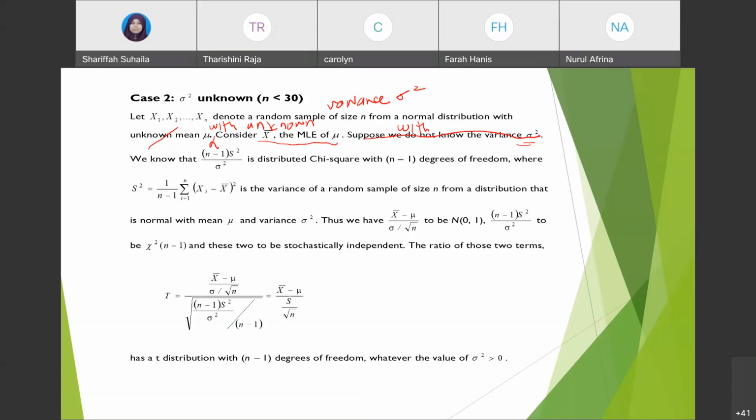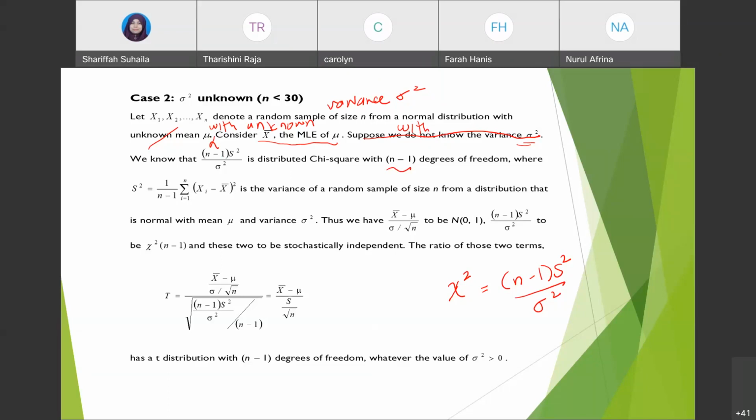Okay. Kalau kamu refer pada kamu punya stats table, okay, stats table yang terbaru lah ya, kita ada list of formula. So chi-square is the same thing if you write n minus 1 s square over sigma square. Okay. Nanti dah baca ya, tengok dalam ni kalau ada stats table, refer back. Okay, you have the list of formula kat depan tu. So n minus 1 s square over sigma square is your chi-square distribution, but it is distributed with n minus 1 degree of freedom. Sebab ini kita ada n minus 1 ya.